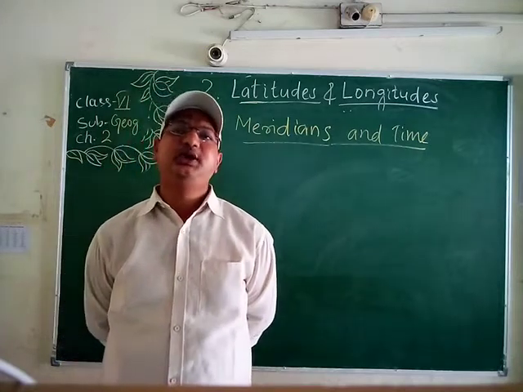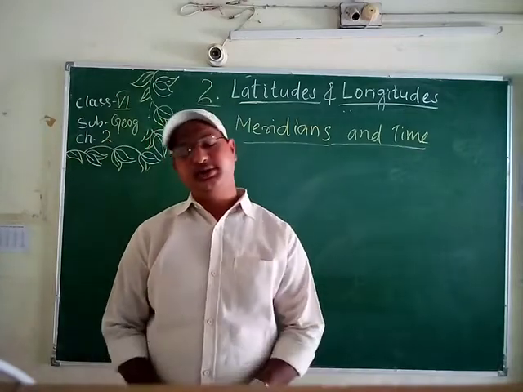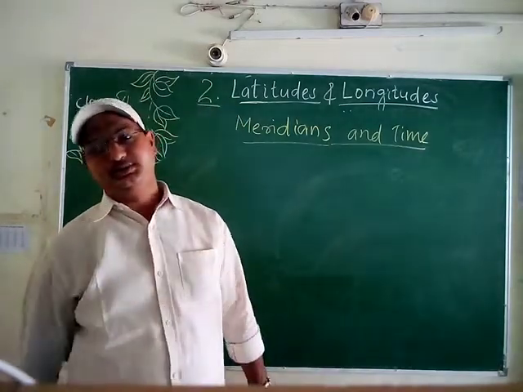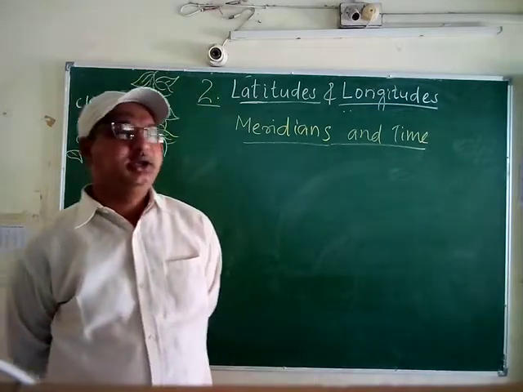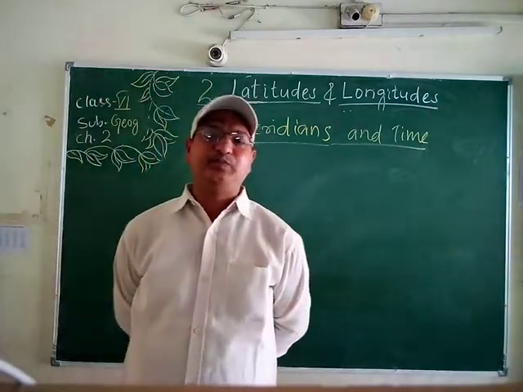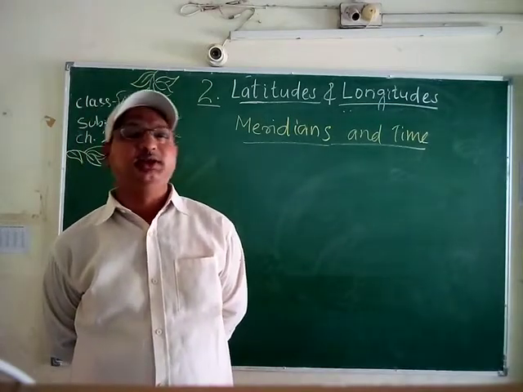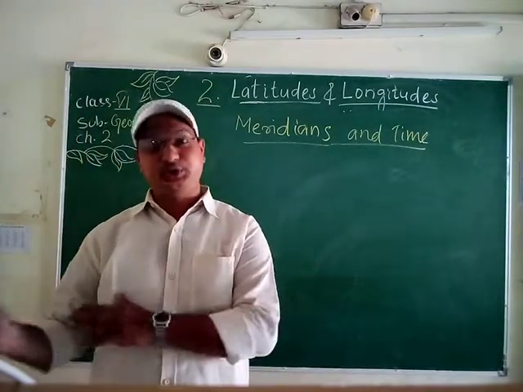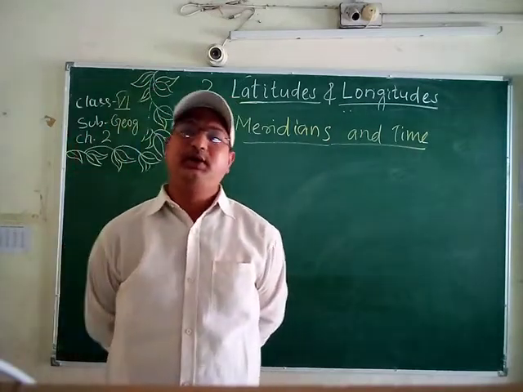Students, 4 minutes. Eastern meridians are ahead in time, followed by western meridians. Therefore, students, the sun rises in the east. So Japan is also known as the land of the rising sun. It experiences the sunlight for the first time on Earth because it is situated in the eastern part of our Earth.